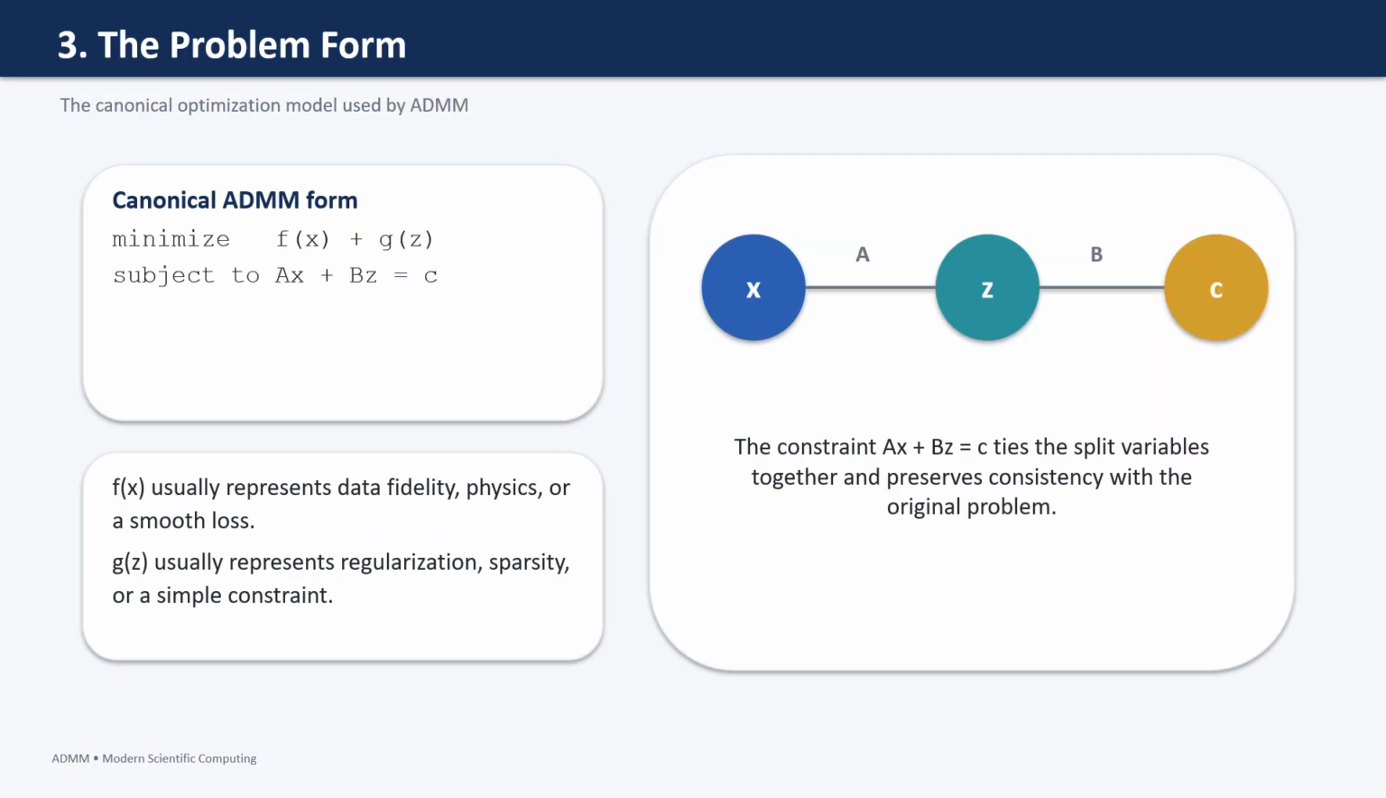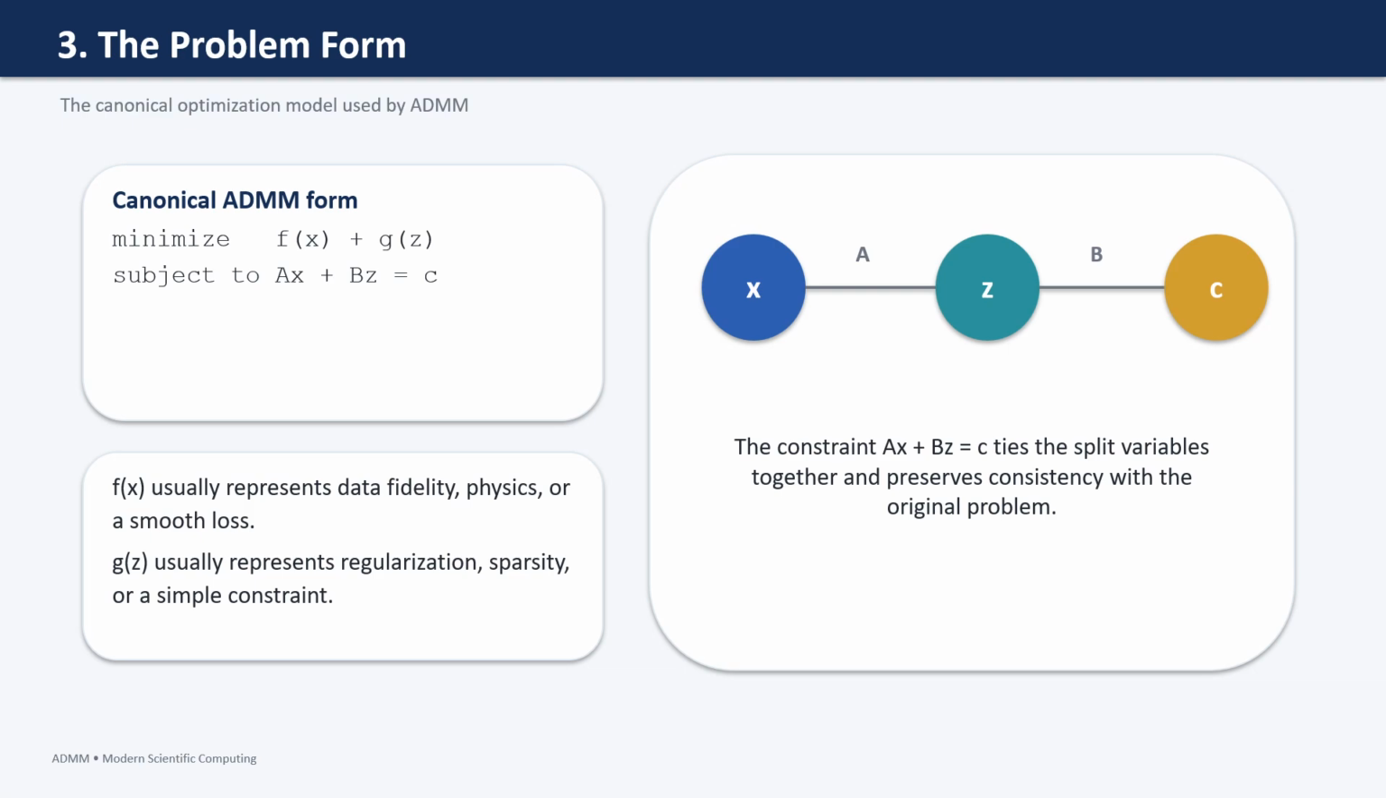So the canonical standard ADMM problem is written as minimizing f of x plus g of z, subject to the constraint Ax plus Bz equals c. In this form, x and z are two blocks of variables, where the functions f of x and g of z represent two parts of the objective function. In the constraint, the matrices A and B, along with the vector c, define a linear constraint that couples the two variable blocks. Among the many applications that ADMM is applied to, f of x can represent the smooth part